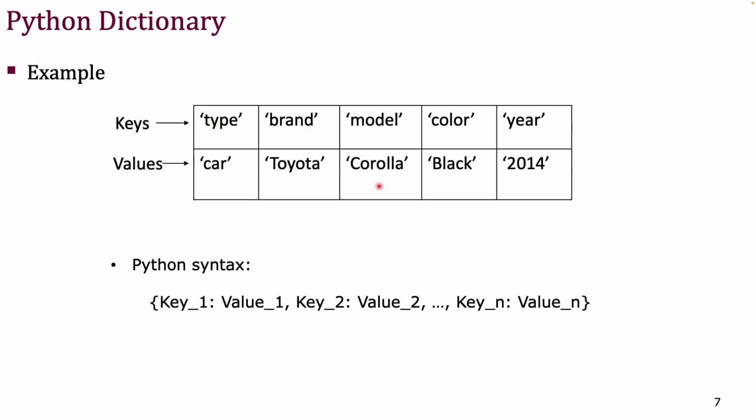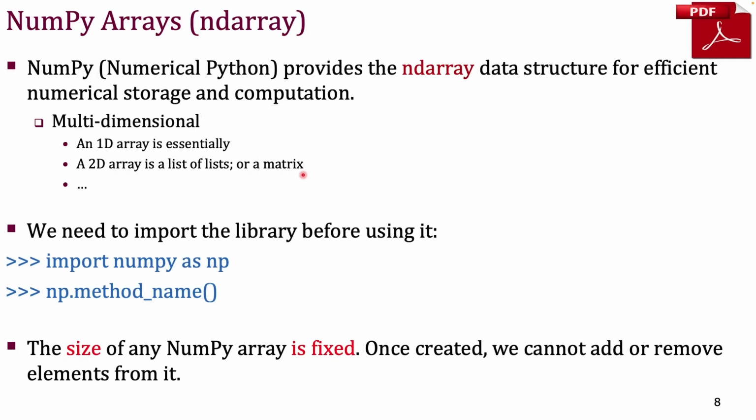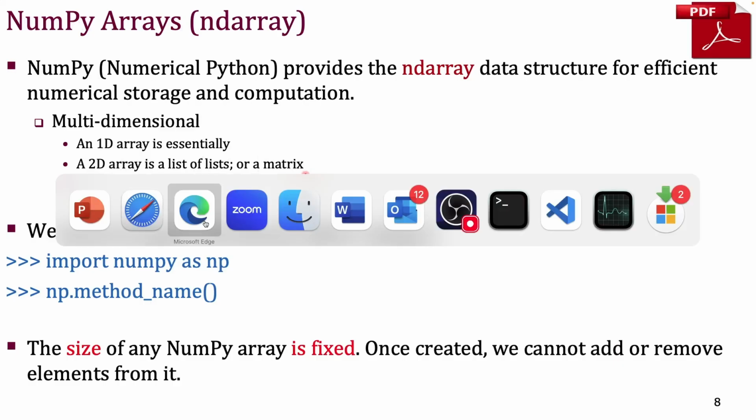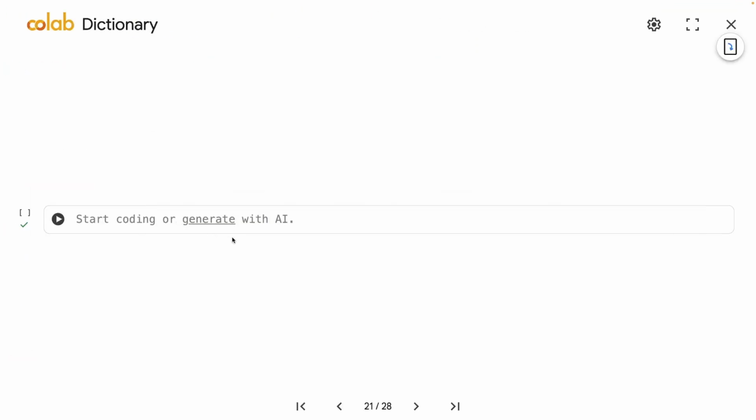Right? So when you are trying to find out a certain object, and you're interested in certain attribute of that object, you can invoke the key. So, for example, brand. What is the brand? Is it Toyota or Honda or Tesla or any other things? Okay. Now, let's quickly do a